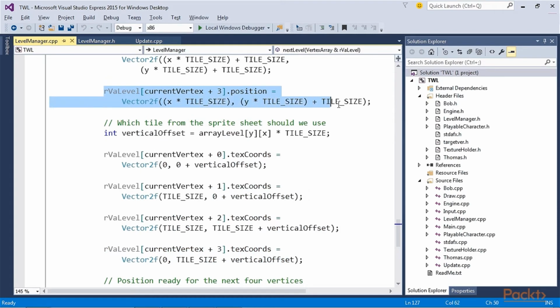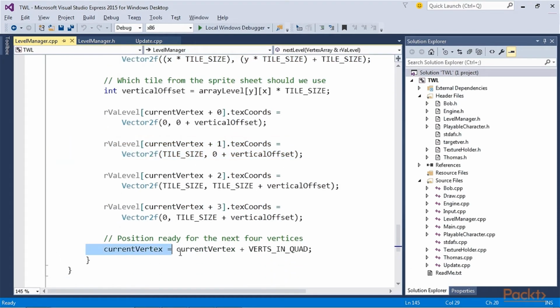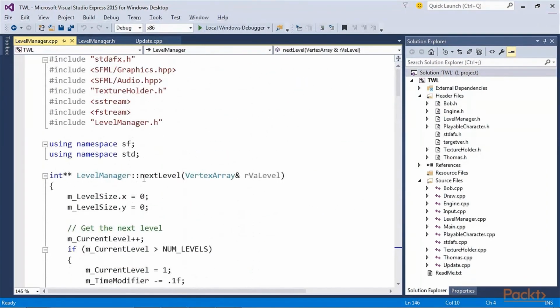The positions of the vertices and texture coordinates are calculated using the current vertex available, the tile size, and verts_in_quad constants. At the end of each loop of the inner for loop, current vertex is increased by verts_in_quad, moving nicely on to the next tile. The important thing to remember about this vertex array is that it was passed into next level by reference. Therefore, the vertex array will be available in the calling code.